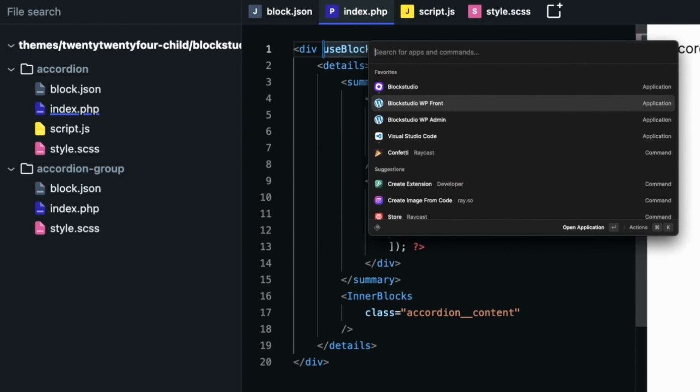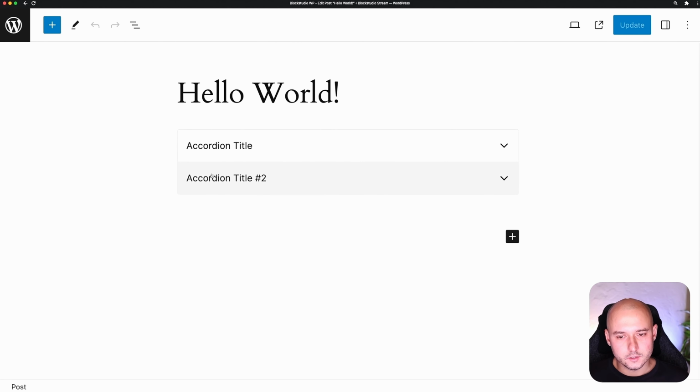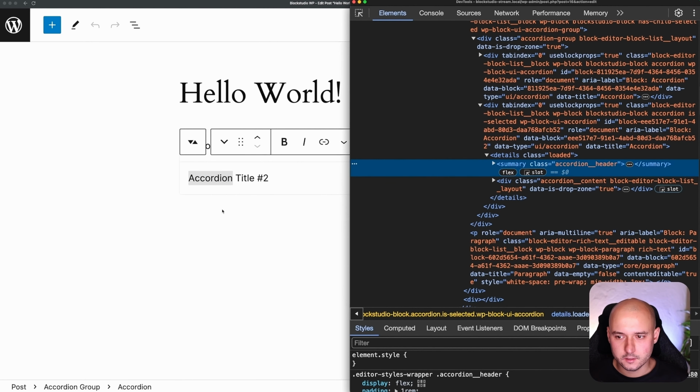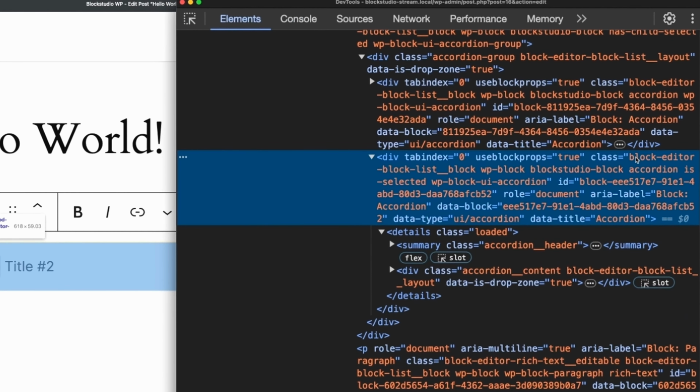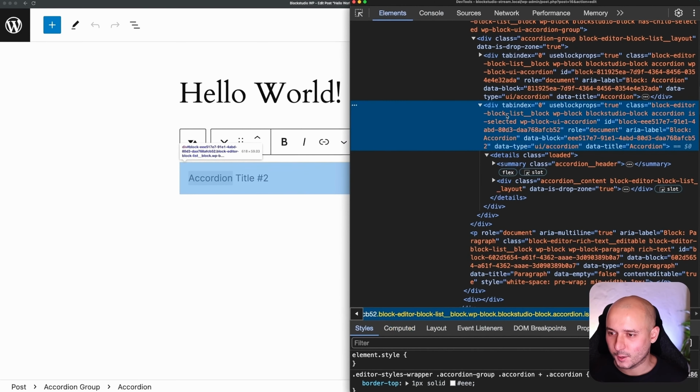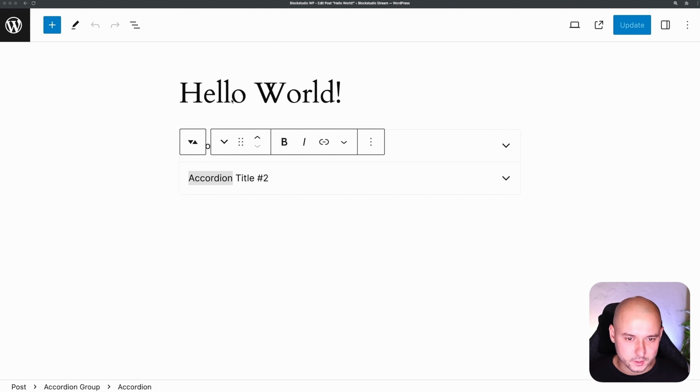So if we go back to front here and reload, you'll see that the line is added accordingly. And if we inspect again, you'll see that all the WordPress specific classes are being added right on the element we defined or where we added the useBlockProps at. Okay, I hope that made sense, but you're basically removing the wrapping block, which makes styling and accessing the DOM much easier. I mean, it makes it the same as the front end,